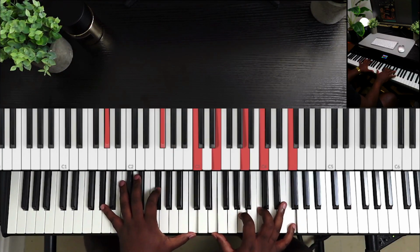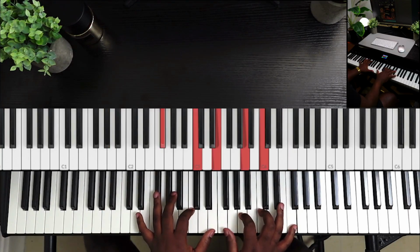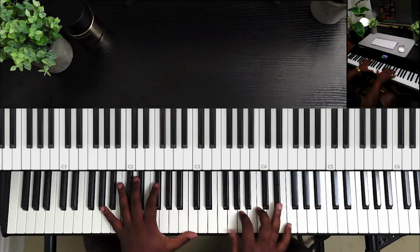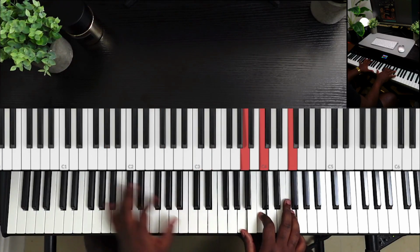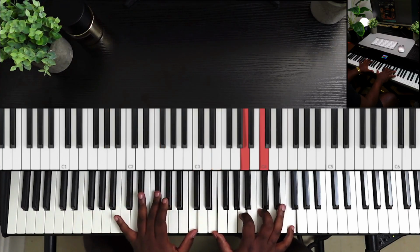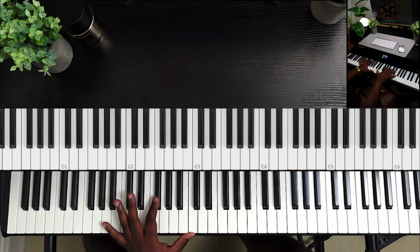So we have this chord. Well, you can play it this way, play it that way. It just won't have the bass note. Right? So the other chord is,